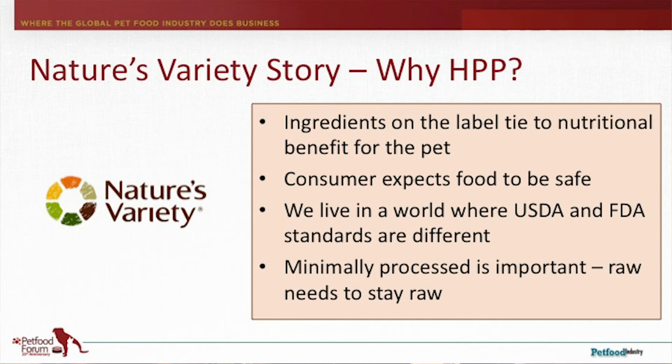And as I mentioned, we live in a world where USDA and FDA standards are different. One allows for particular levels of pathogens, another one doesn't. So even though we buy product with USDA stamped product on there, we know that there's going to be some particular contamination risk. We started doing a lot of testing in 2008 and 2009, and we really found kind of